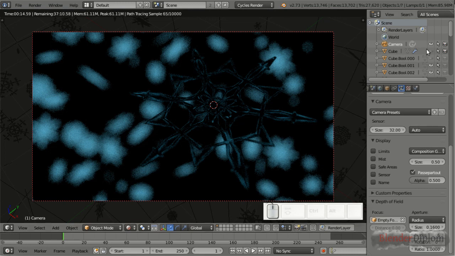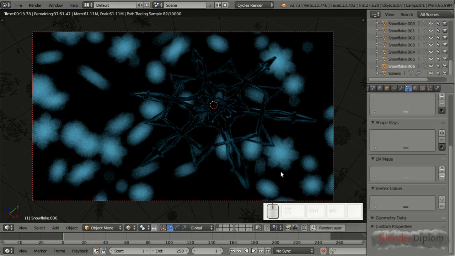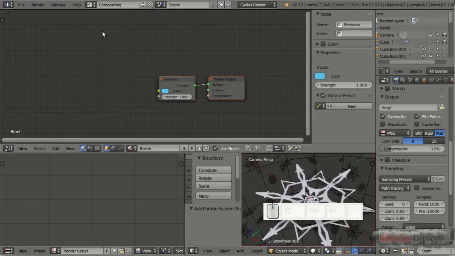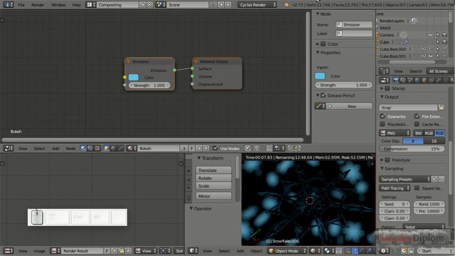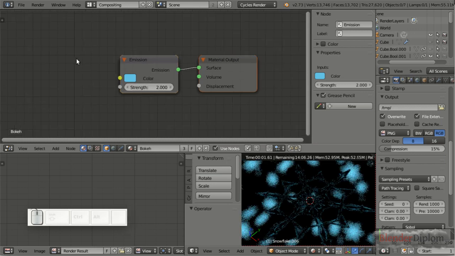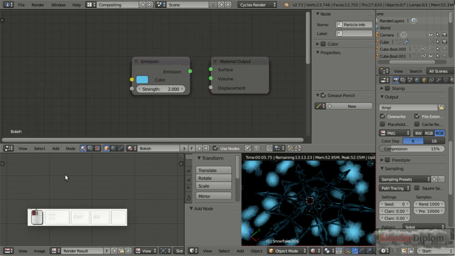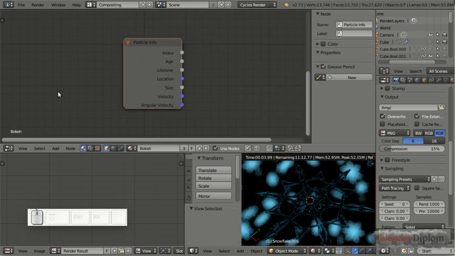So now let me switch over to the material of the background snowflakes, because they will make quite a lot of it for the final image. And this material I'm gonna change in the compositor. Well, let me first turn on the strength a little bit, and then let me add an input particle info. This node allows us to gather particle data,